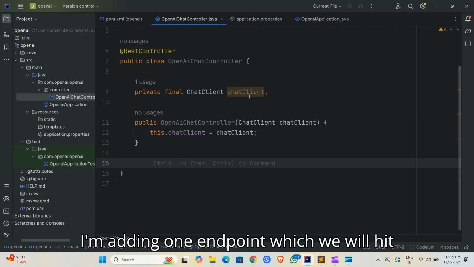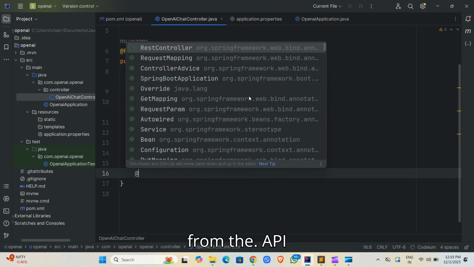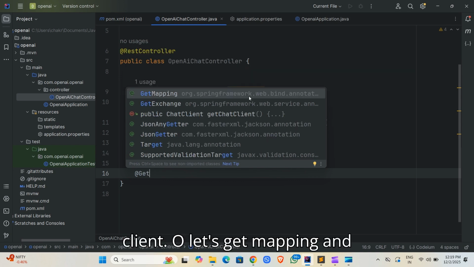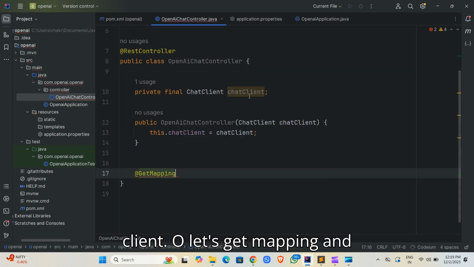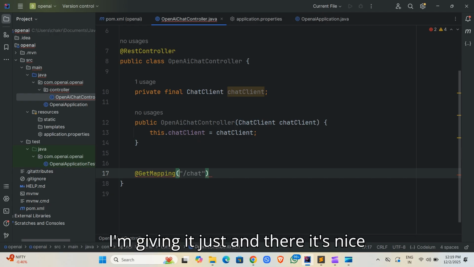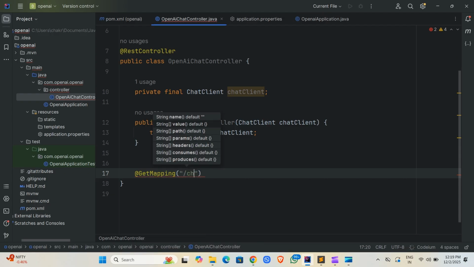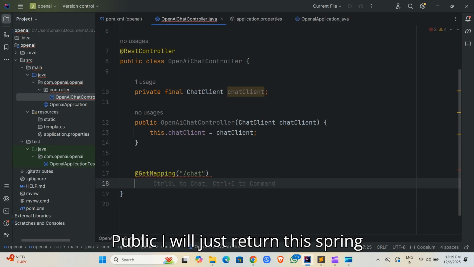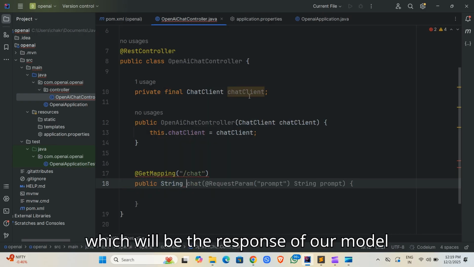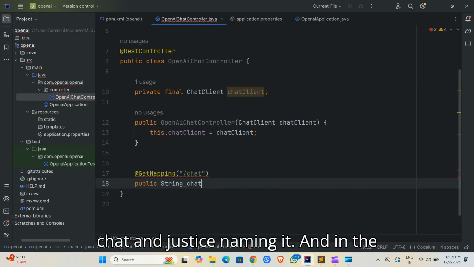After that I am adding one endpoint which we will hit from the API client. So let's say @GetMapping and I am giving it just /chat. Public, I will just return a string which will be the response of our model, and name it chat.